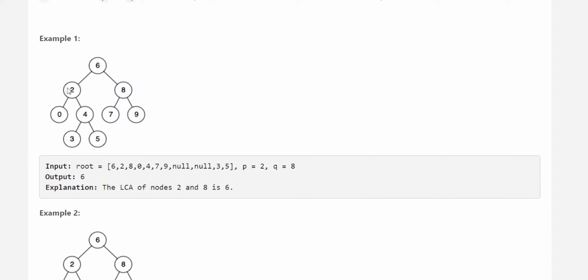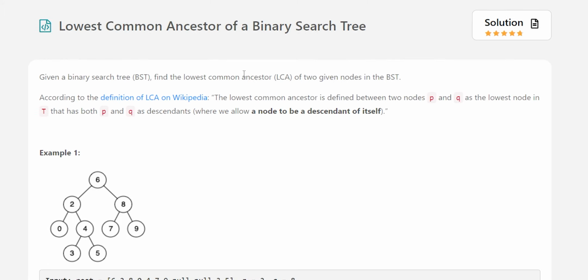In this tree we have this node that is node 2 and this node 8. Now we need to find a node that is a parent node of these, and that is the lowest level of parent node, like for 2 and 8, 6 will be the parent node. Now let's see, if P and Q were 3 and 5, then 2 and 6 will be the parents of this particular 3 and 5, but they won't be the lowest. The lowest will be 4. So I think you get the idea what is the lowest common ancestor.